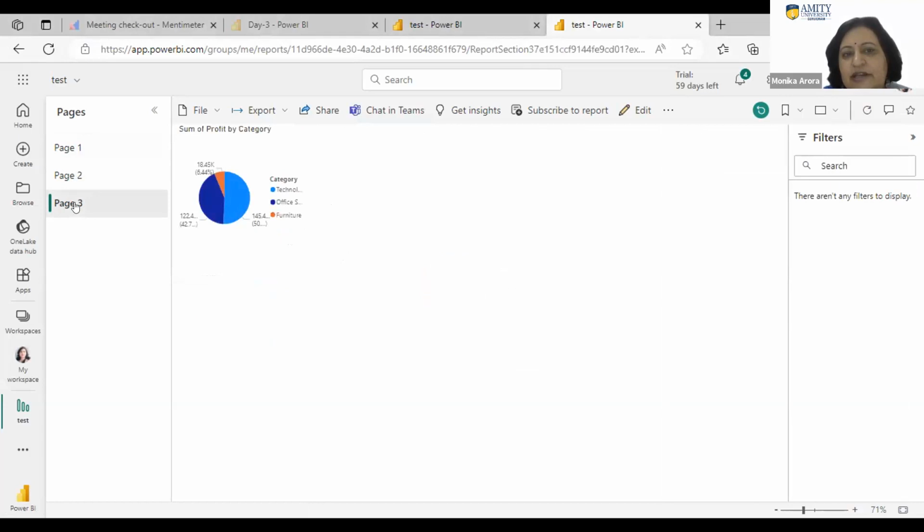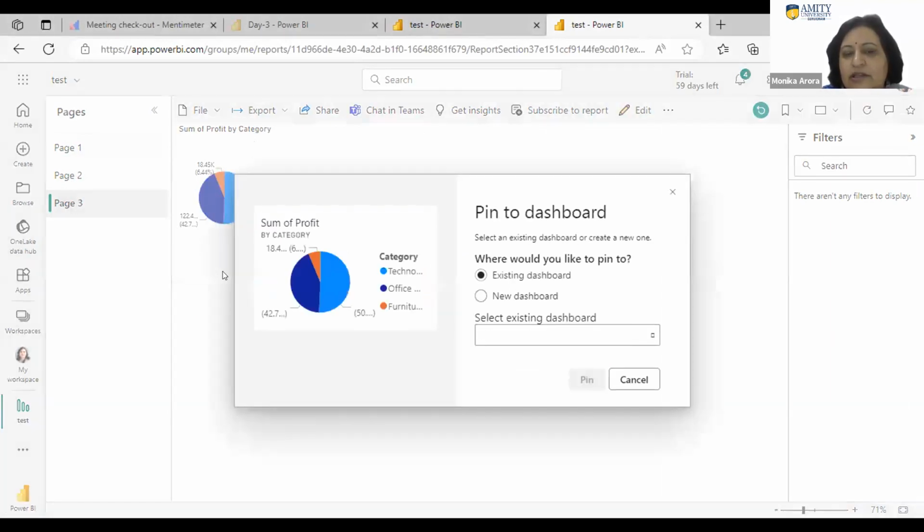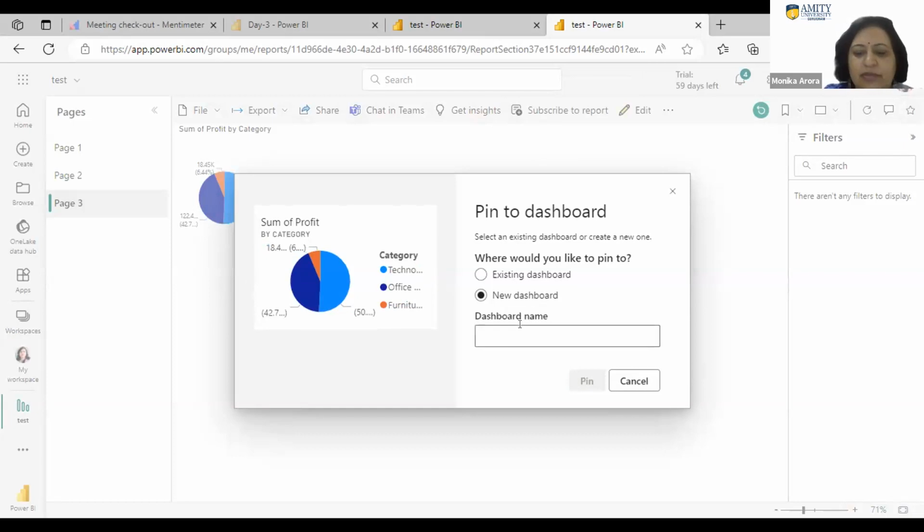Page 2 is there and page 3 is there, right? So the next step is you have to pin this, right? You have to pin all the sheets which you want to be considered for your dashboard. So this is how you can create individual sheets, then pin it to a new dashboard, which you have created, maybe my first dashboard